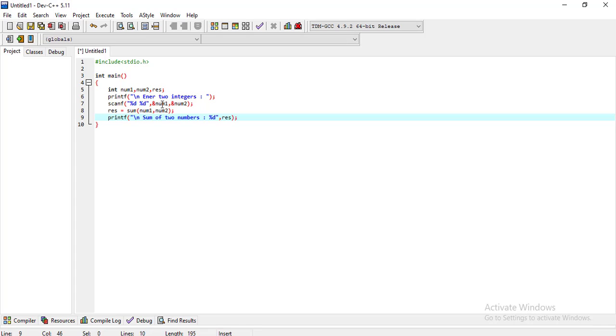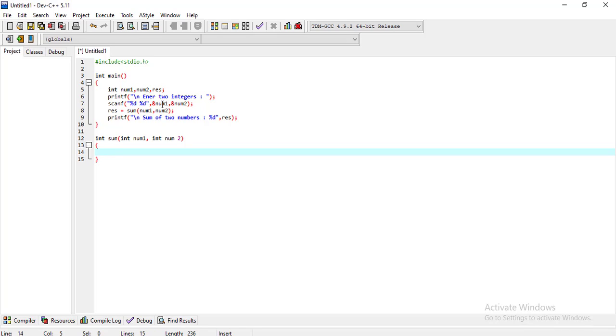After the main method I will write the sum function. It will return an integer value, int sum, and it will take two values, int num1 and int num2.